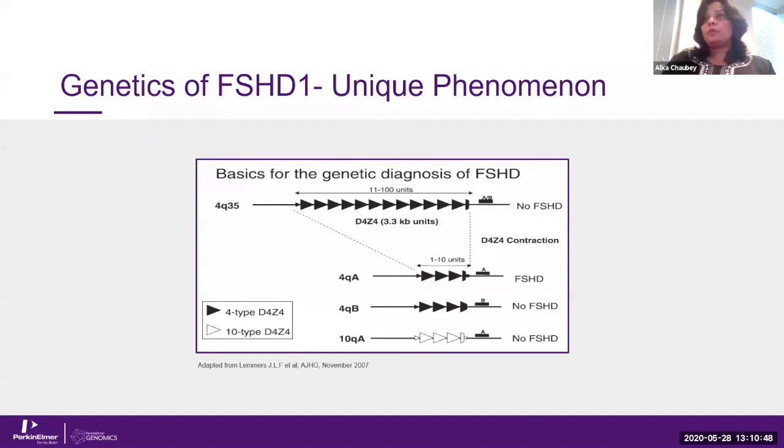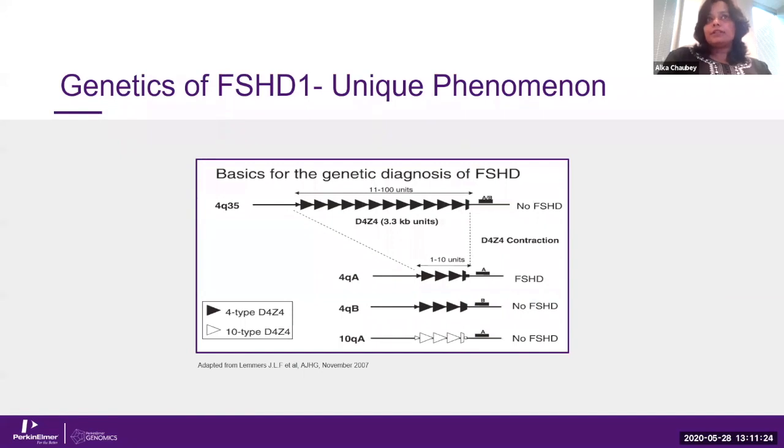This is from one of the world's experts. They have been working on FSHD and on this locus for a very long time. This is a paper that was published in 2007 by Lemmers et al. What you see here is that we have 22 sets of autosomes, and we have the X and Y chromosomes. So humans have 46 chromosomes. On chromosome 4, at the band position Q35, there is a